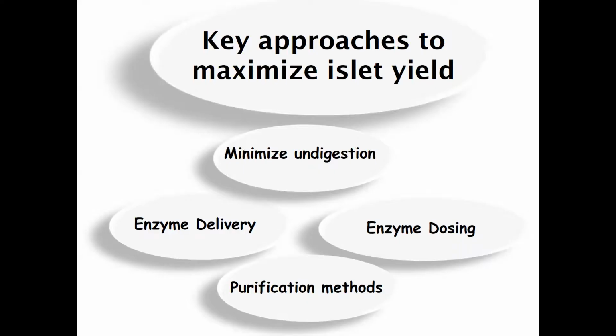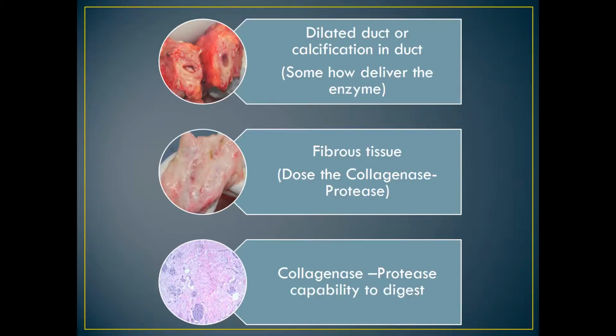We don't need purified islets in the case of chronic pancreatitis cases. So we want to try to get reduced volume of tissue. With this approach, it's easy to gain a high number of islet cells. For the technical difficulties, many pancreas come with either a dilated duct, or many times we don't even see the